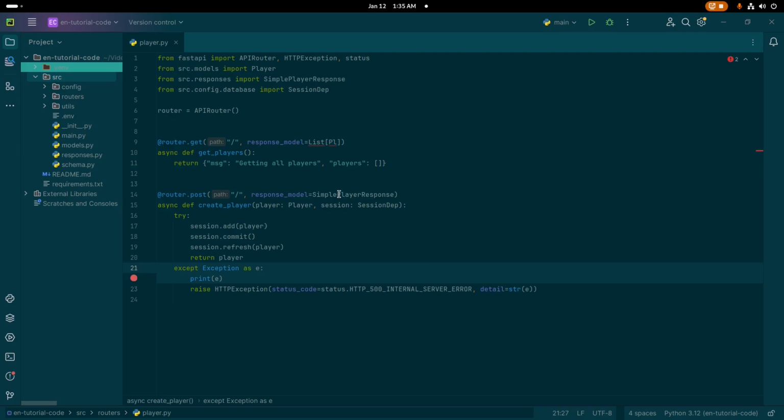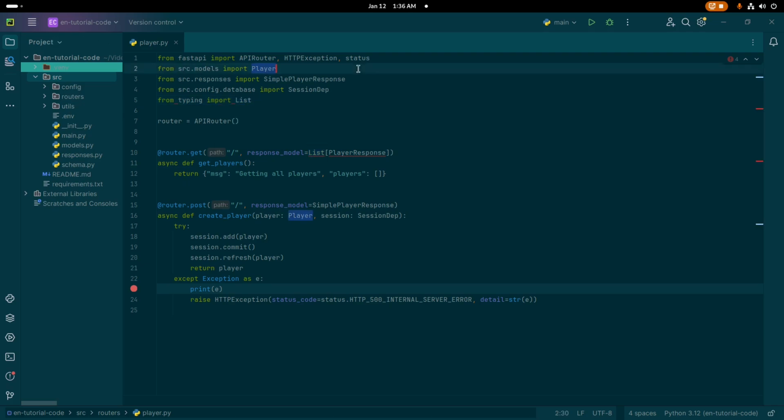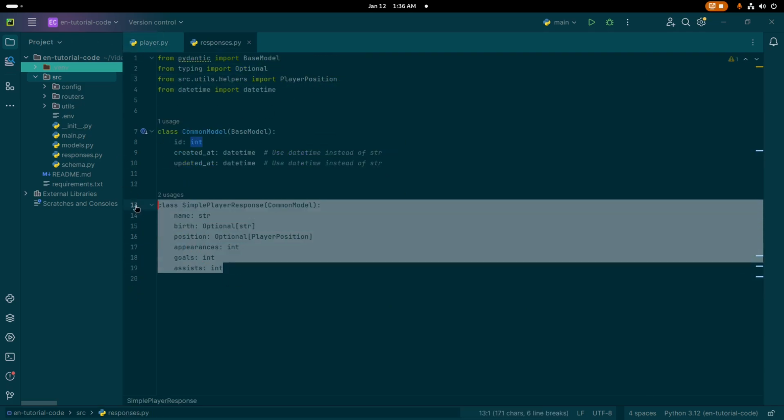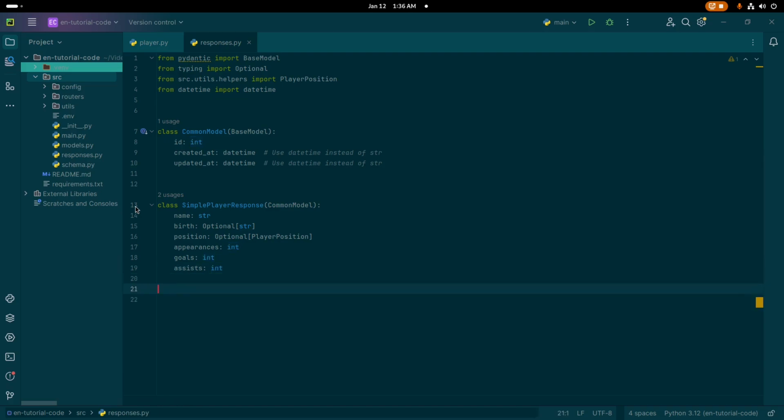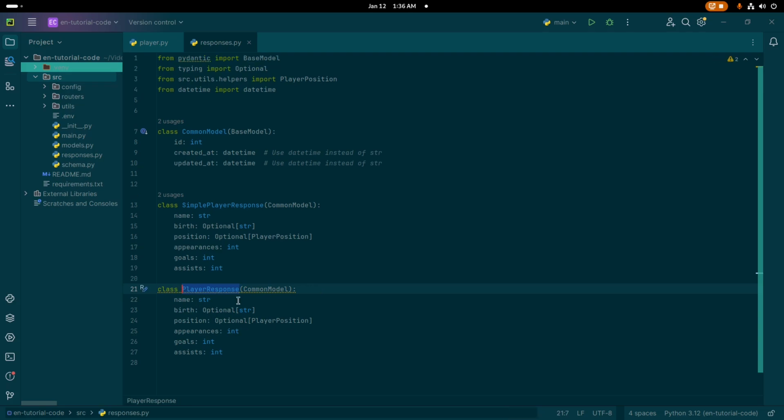Previously our response model was simple player response. This time we are just returning a list of player, therefore I'm just cutting this simple. Let's make another response, and I need to import that list from typing. Here below this simple player response, let me copy and paste it here. Just cut this simple. I'll explain why I'm making two different responses. This one, let me just make a comment with